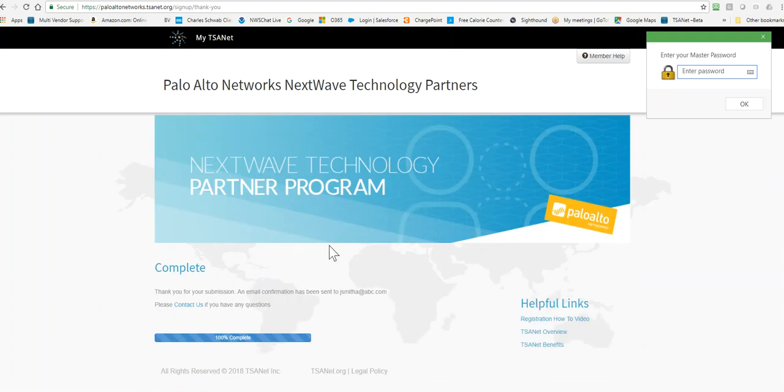And now it's complete. What will happen at this stage is you will be sent an email that verifies that you have submitted your inquiry. Palo Alto Networks will also receive an email. We'll be working with them, and if you're approved, we go ahead and click a button, and you'll become active in the TSANet relationship. Certainly, if you've got any questions about TSANet, or how we may help you understand the organization better,